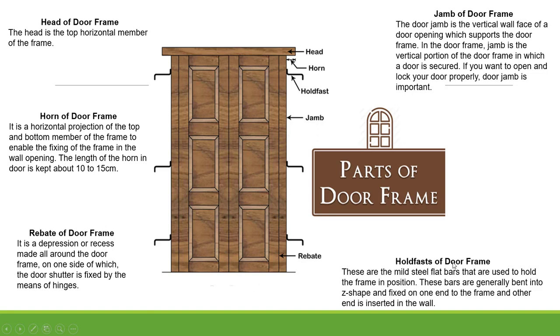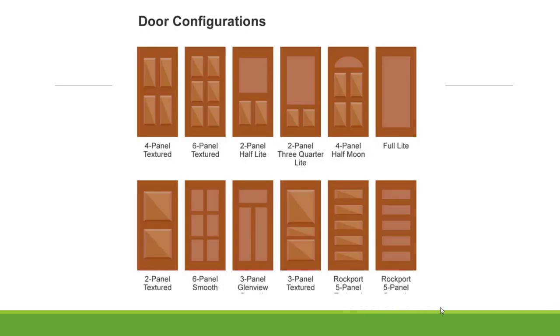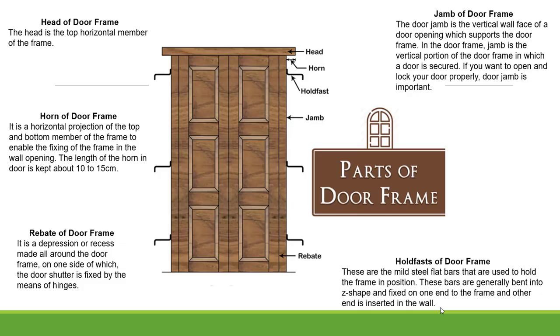The next is holdfasts of the door frame. These steel or iron members are known as holdfasts of the door frame. What is their function? They are made of mild steel flat bars that are used to hold the frame in position. These bars are generally bent into Z shape and fixed on one end of the frame, and the other end is inserted in the wall. These are known as holdfasts. So these were all the different parts of the door frame and door,